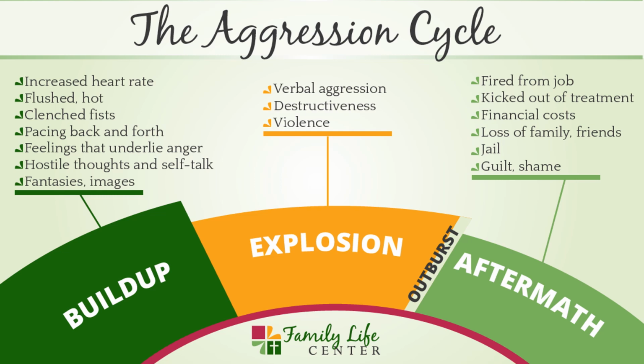And notice that the buildup and the explosion phases of the aggression cycle are going to correspond to the levels on the anger meter. So any of the points below a 10 on the anger meter are going to represent that buildup phase, the buildup of the anger. The explosion phase, on the other hand, is going to correspond to that 10 on the anger meter. And again, a 10 on the anger meter is the point at which the person is expressing anger through either verbal or physical aggression that leads to the negative consequences.